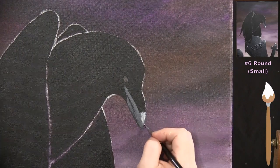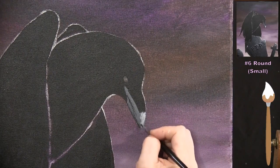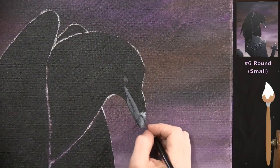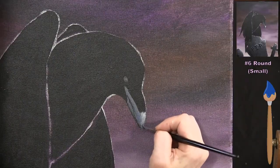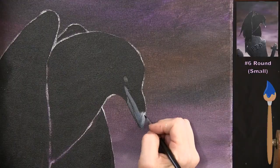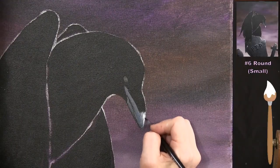I don't know if I said I was going to use blue or not. You could certainly use a touch of blue as well to get this to look a little bit shinier. So if you wanted to pick up a teeny tiny bit of the cobalt blue, you can incorporate that in this gray area a little bit. That'll give you that extra bit of shine to it. And then I just picked up a little bit more white in order to get this extra bright right here